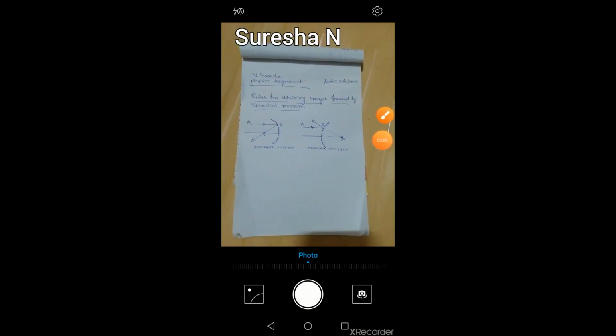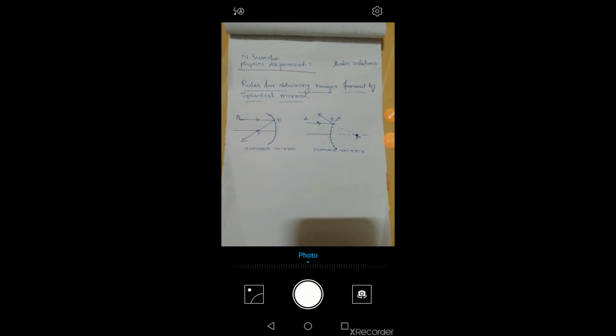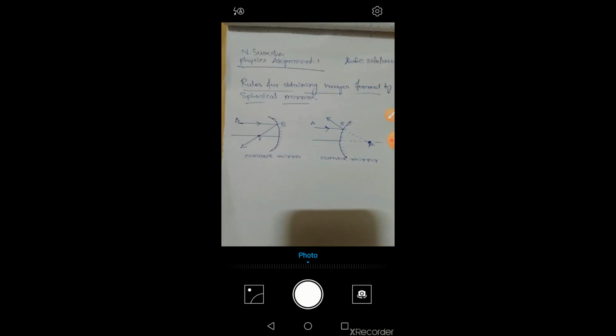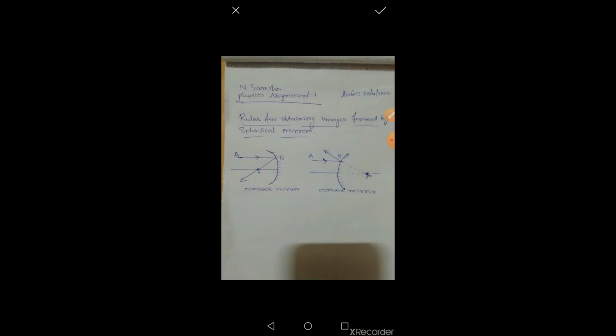Now I am positioning my camera onto my work. This is what I want to submit. Okay, I focus on it and click. After clicking the photo of the document, I have to click here.